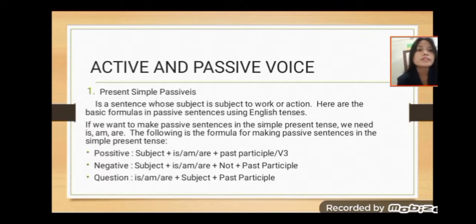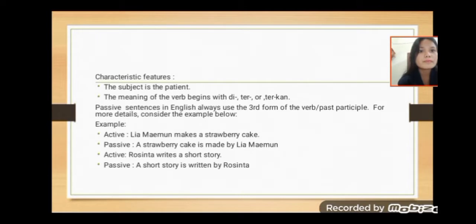Positive, negative, and questions. Positive: subject plus is or are plus verb 3. Negative: subject plus is or are plus not plus past participle. Question: is or are plus subject plus past participle. Passive sentences in English always use the third form of the verb, the past participle. For more details,